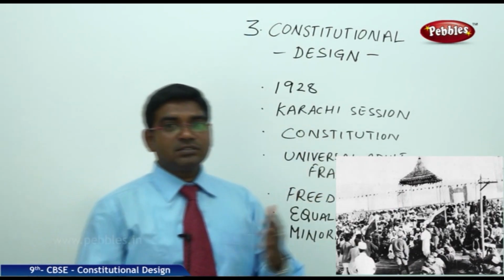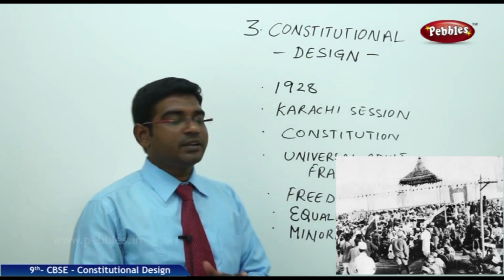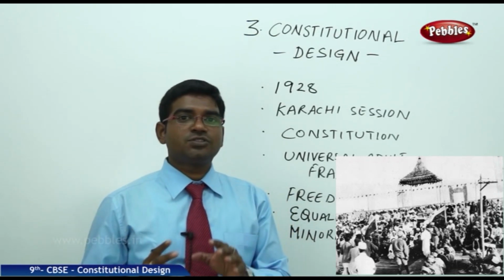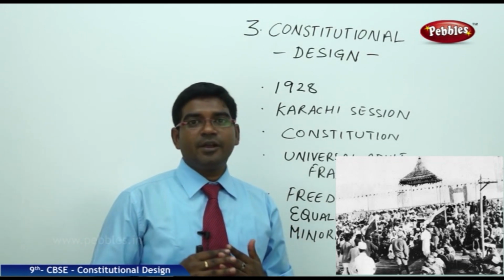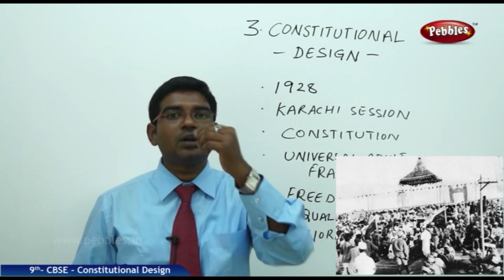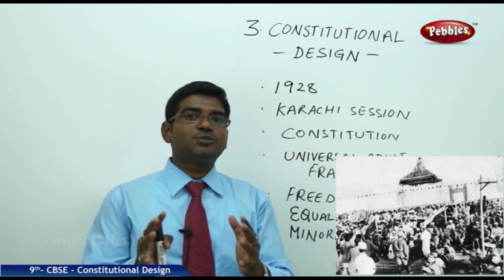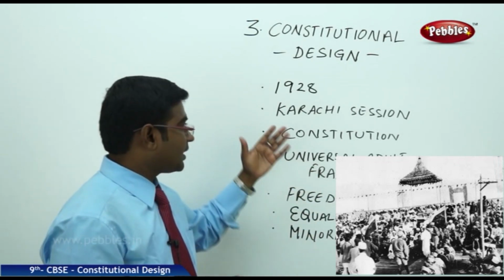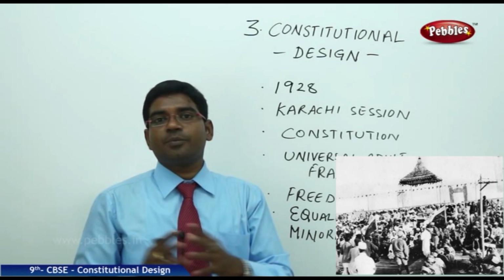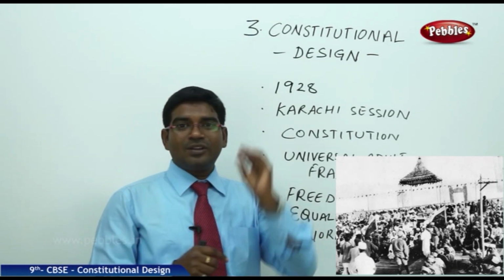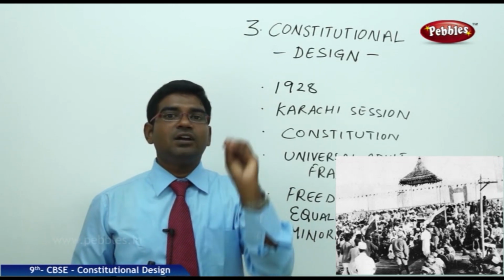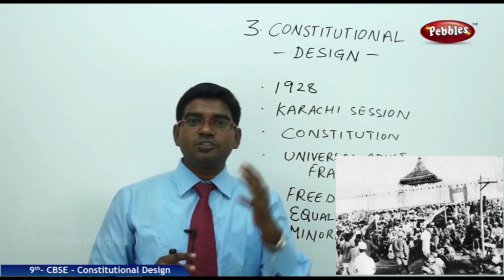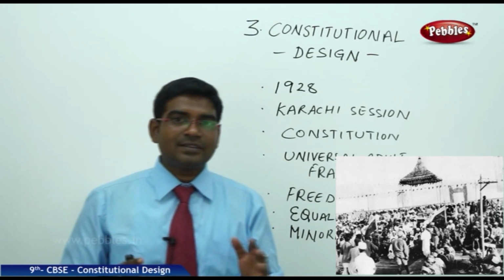Now, as far back as 1928 itself, Motilal Nehru and eight other leaders of the Congress drafted a constitution for independent India: how the constitution of independent India should look, or what basic principles have to be followed in an independent India. In a similar way, the Karachi session which happened in 1931 also drafted a similar constitution, where the basic ideas of an independent India were drafted for the first time. So this too gives us an idea of the basic principles that guided the Constitution of India. Let us have a look at them.